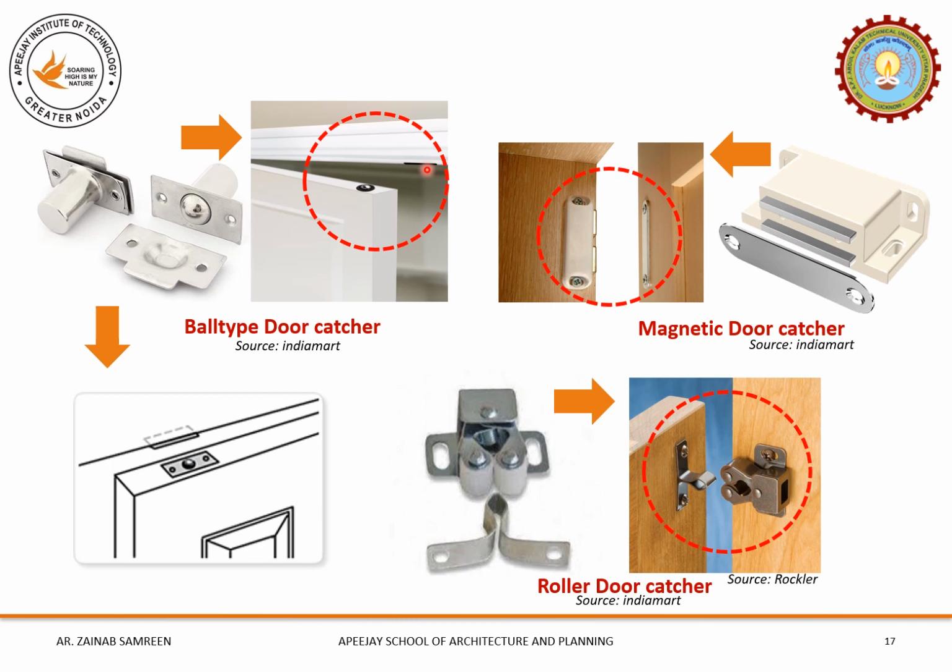The second category of door catcher is the magnetic door catcher. It basically has a retaining clip in its body. So when the door is pushed against it, the magnet holds the door in place. And when the door is pushed back fully, the retaining clip within the catch clicks into place and the door is held shut.